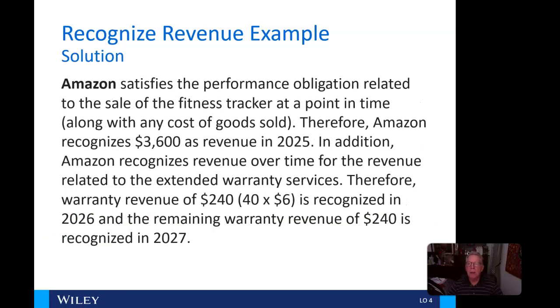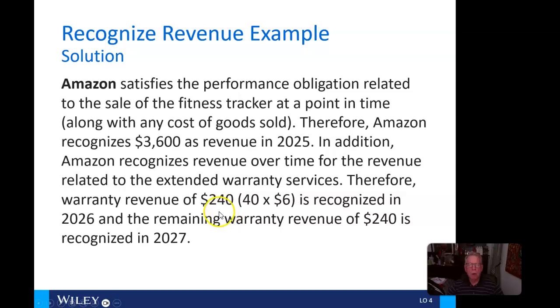Okay, let's look. The solution, therefore, is that Amazon is going to satisfy the performance obligation related to the fitness tracker, along with any cost of goods sold, but we're looking at just the revenues here. So therefore, Amazon recognizes the $3,600 as revenue in 2025. In addition, Amazon recognizes revenue over time related to the extended warranty services. Therefore, the warranty revenue is going to be